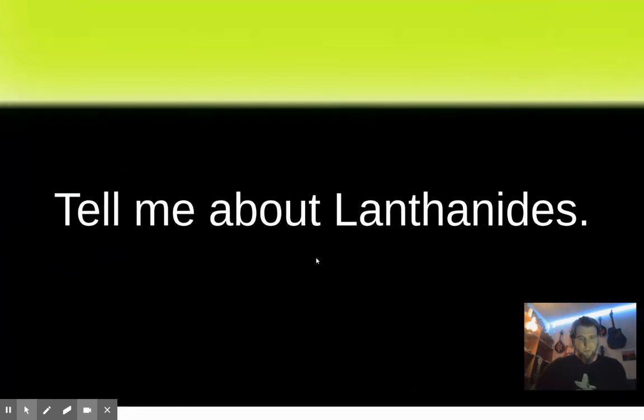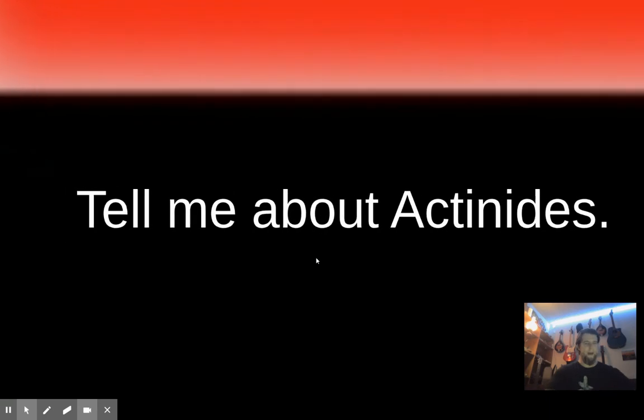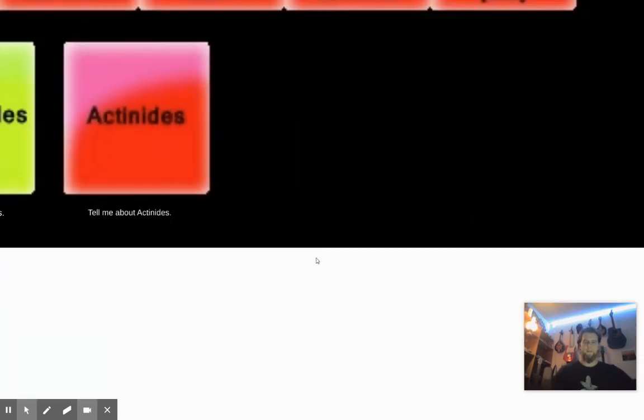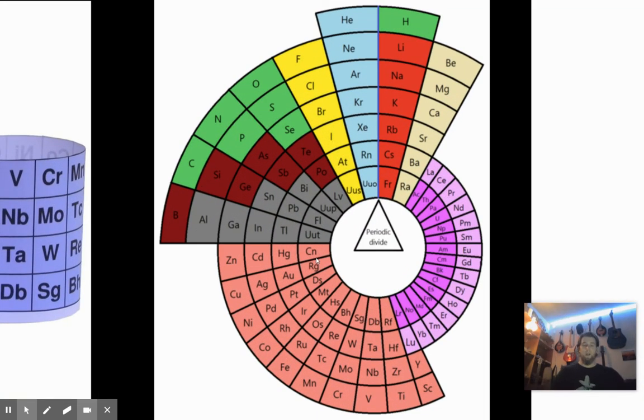And so the lanthanides, those were just part of the rare earth minerals. There's nothing more we need to say about those. I don't ask you too much about those on the CK12 stuff, if at all. And the same thing about the actinides. These ones were all radioactive. Once again, part of that series that sort of gets pulled out of the periodic table and still part of the rare earth elements.